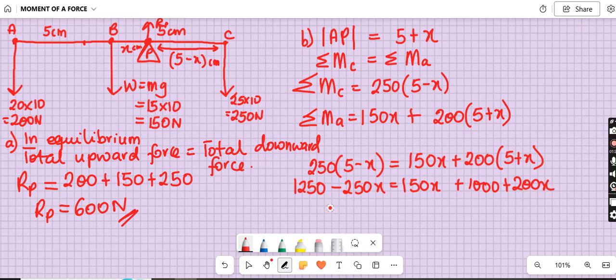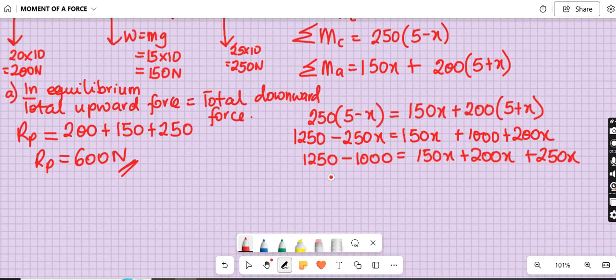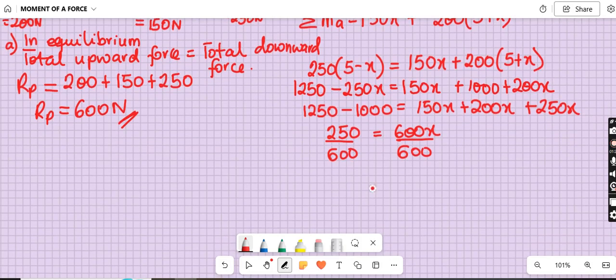So now let's group like terms. We should have 1,250 minus 1,000 should be equal to 150X plus 200X plus 250X. So 1,250 minus 1,000 should give us 250. And if we sum these three, we should have 600X. Let's divide both sides by 600 to find X. And our X is 0.4167